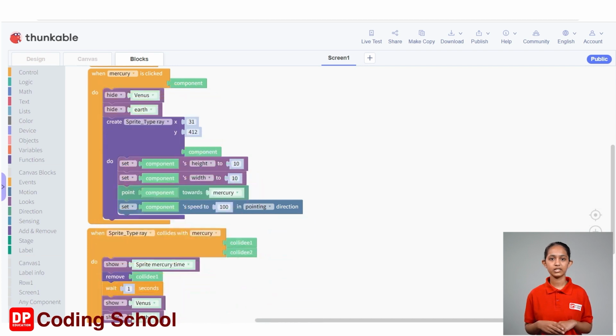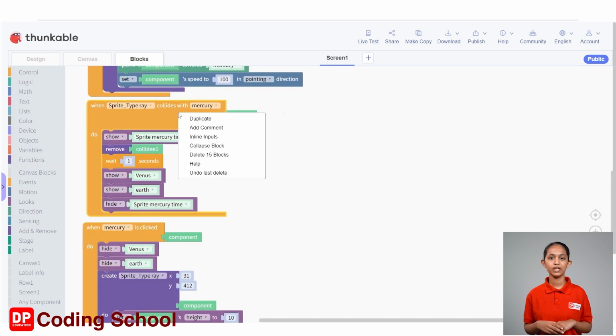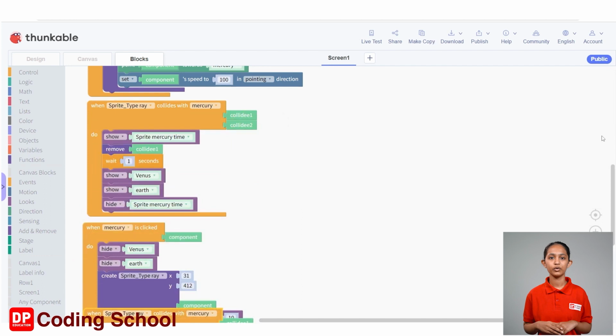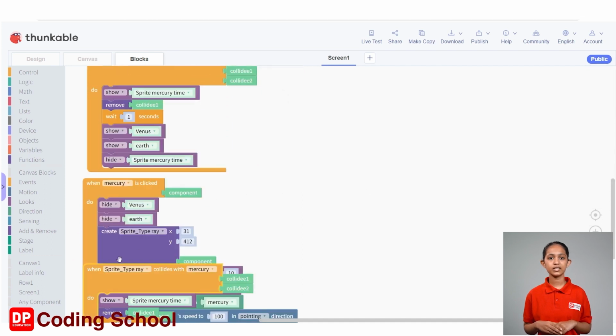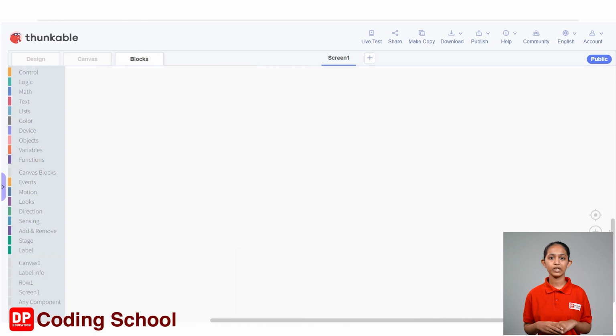Let's duplicate the rest of the code again. I also duplicate the When Sprite Ray collides with Mercury code block as before. Let's drag the duplicated code block to the end of the code like this. Okay. Now let's change the necessary parts of this code, adjust the code to suit the case of clicking on